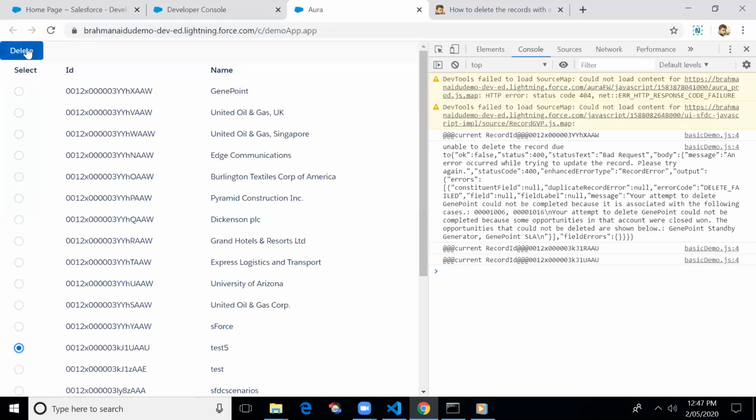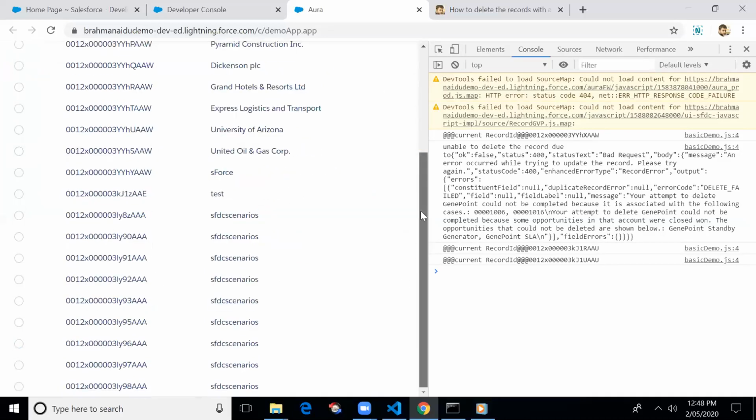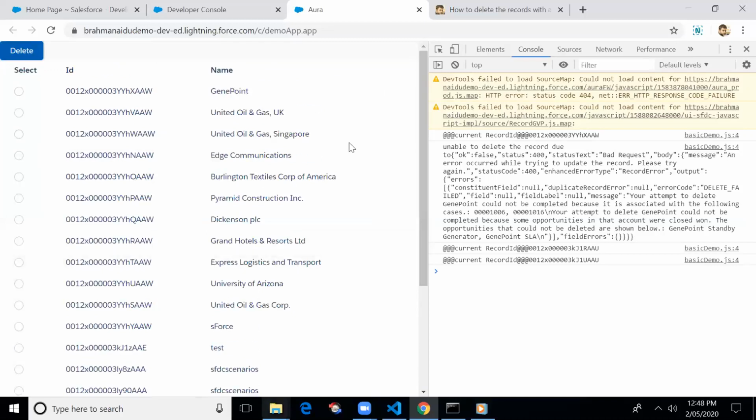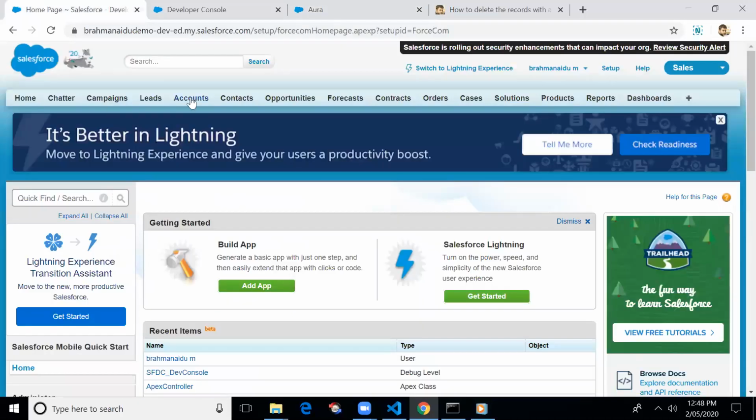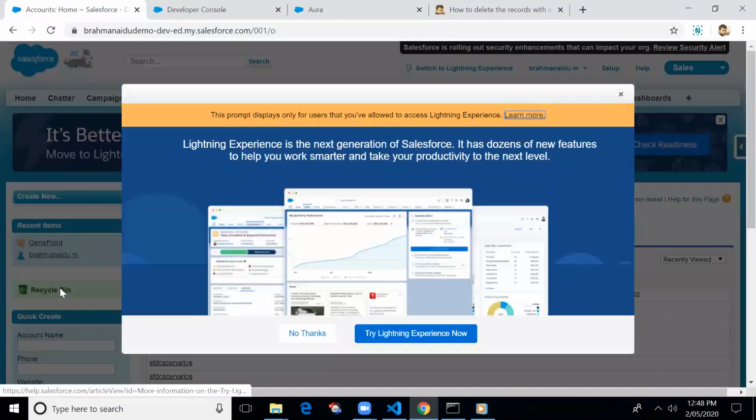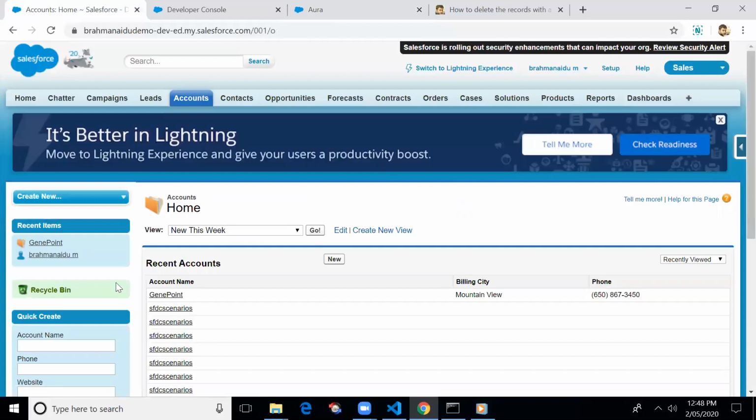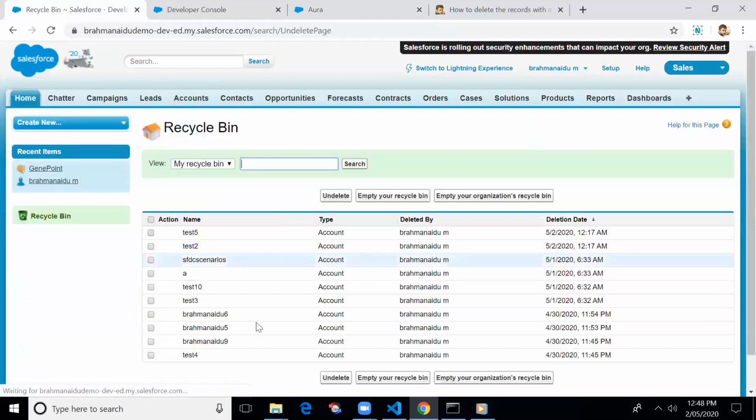Let me click on delete, and there is no test 5 record here anymore. Let me go back to the recycle bin to check whether these are actually deleted from the backend or not. Right, test 5 and test are there. That's it. Thank you.